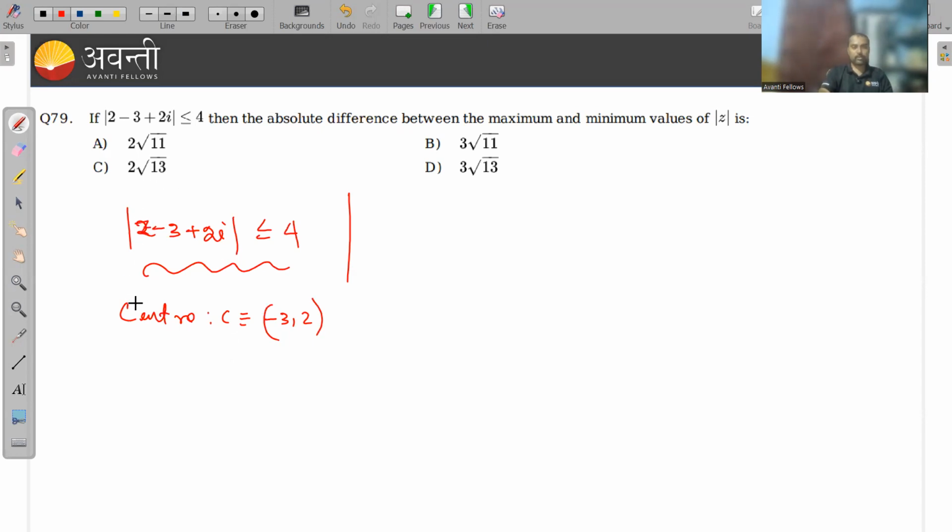-3 2 इज योर सेंटर, जेड माइनस जेड नॉट, सॉरी, 3 - 2 is your center, okay।